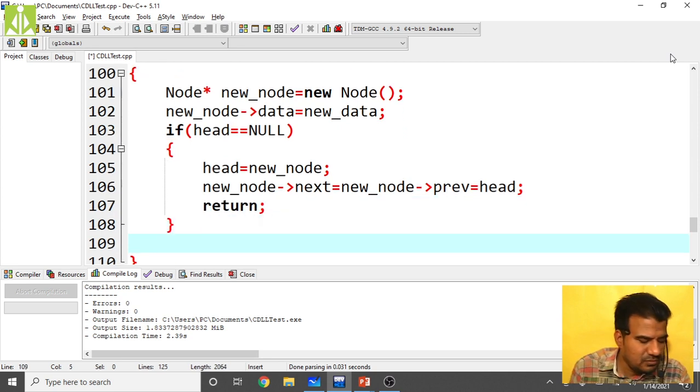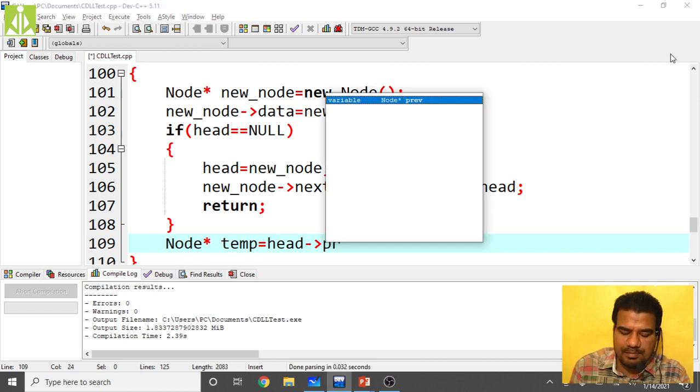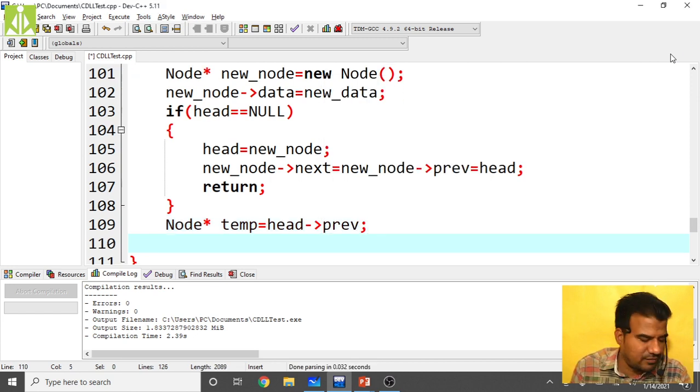Then if your head is not null, that means if your CDLL is not empty, then take a temporary pointer and go to the last, equals head of previous. Then do the minor corrections. And here when you are doing add at first and add at last, the time complexity is order of 1, believe me.